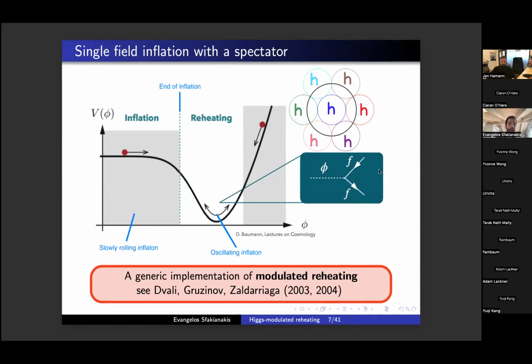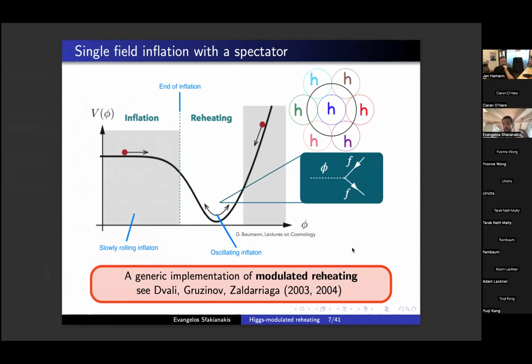So now, if I go back to the toy model or simplified picture of inflation, I have my inflaton happily rolling in its potential, and then it's oscillating and it's talking to standard model fermions, right? But the standard model fermions have different masses in different parts of the universe, because the Higgs has a different VEV, meaning all the standard model particles have different masses in different Hubble patches at the end of inflation. So this is a very generic realization of an idea proposed already in 2003 and 4 by Dvali, Gruzinov, and Zaldarriaga, called modulated reheating,